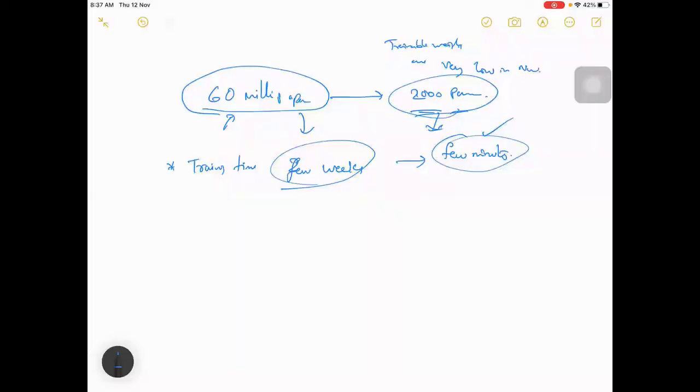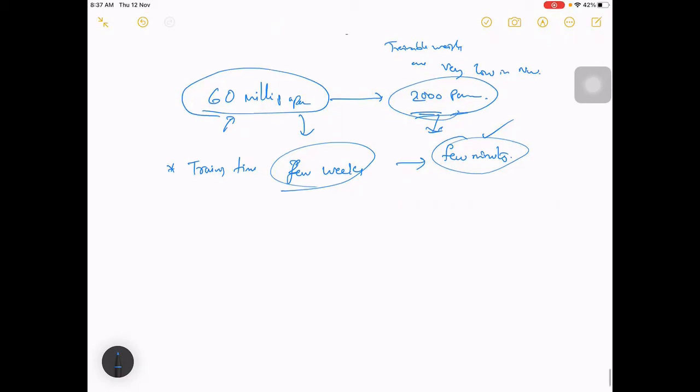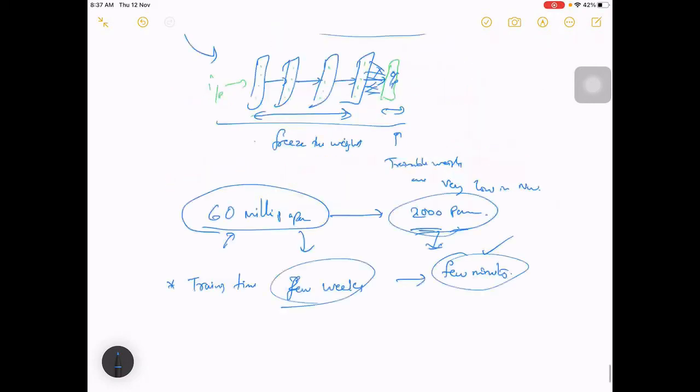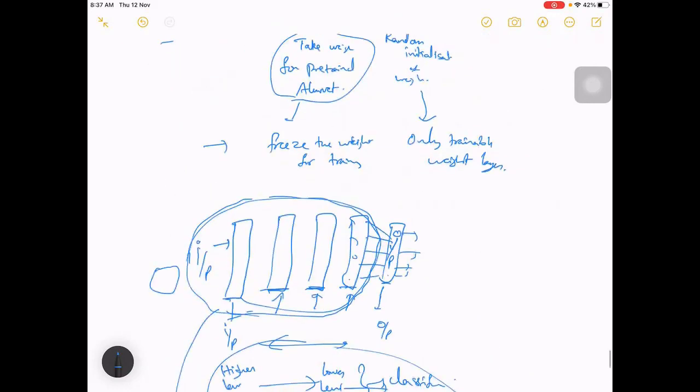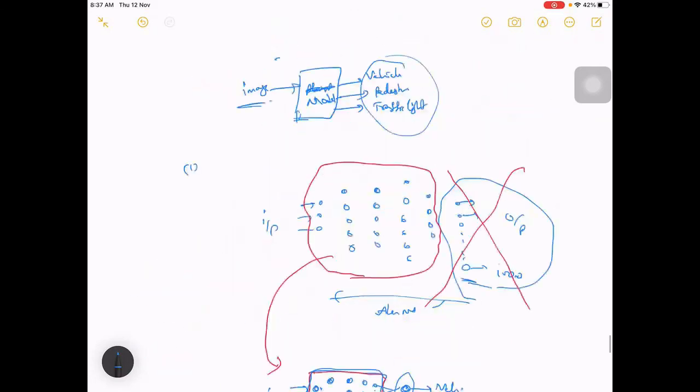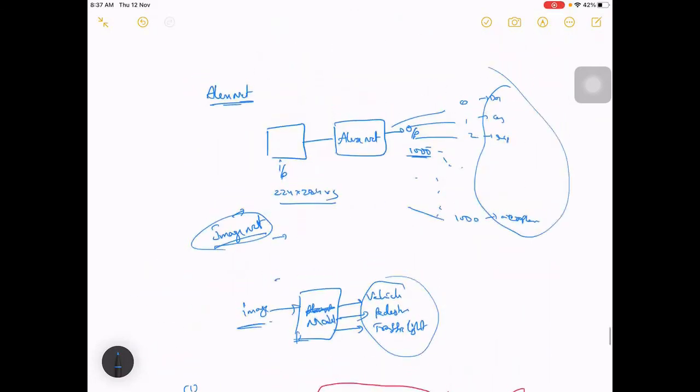So it's like you are applying the knowledge you have learned at some other task to one other task, right? That is something like you are transferring your knowledge to a different task. So that is what we are doing here. Till here, AlexNet has learned how to classify between these 1,000 images.